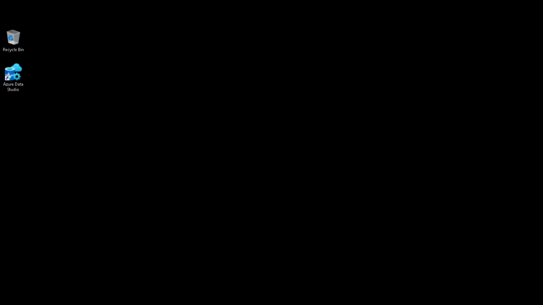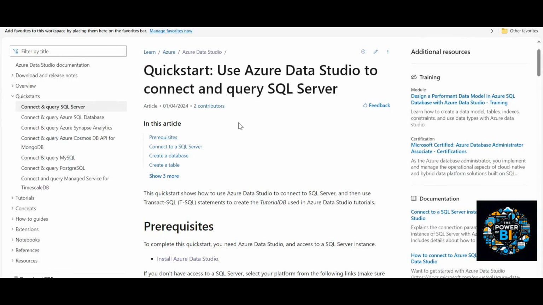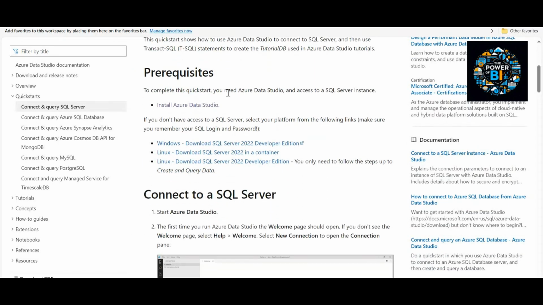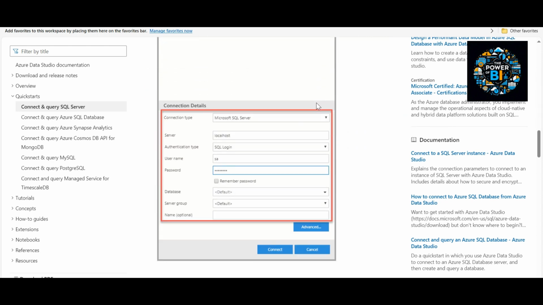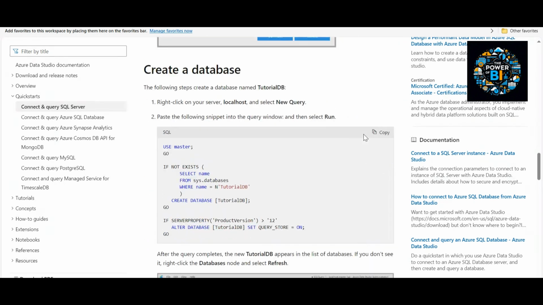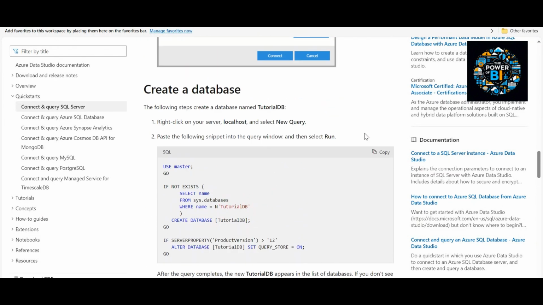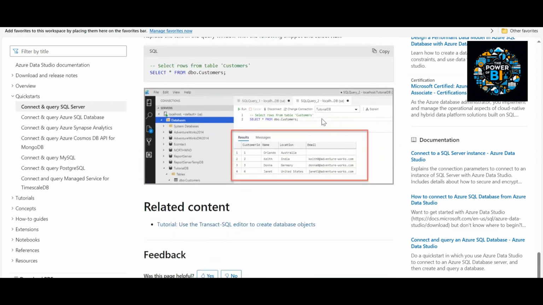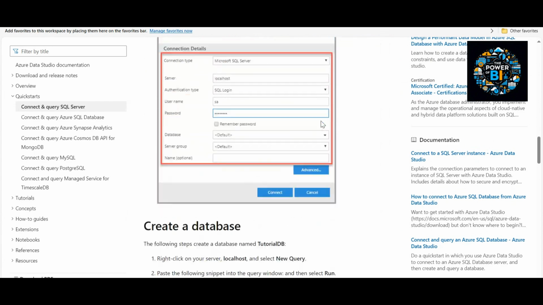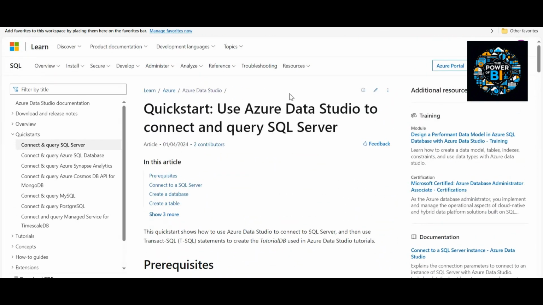So in this entire course, I will be using Azure Data Studio, and in order to install Azure Data Studio, I will post a link to this page where you will have a complete guidance of installing Azure Data Studio. It just requires a developer edition to be downloaded, and then you can install and set up a localhost server, and then maybe you can use this to create a sample database and table and insert some values, or I'll be giving another thing that you will be using